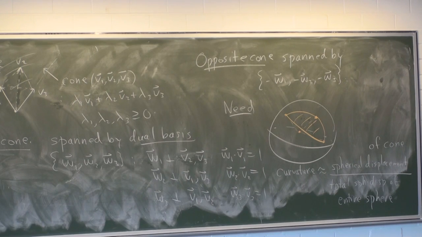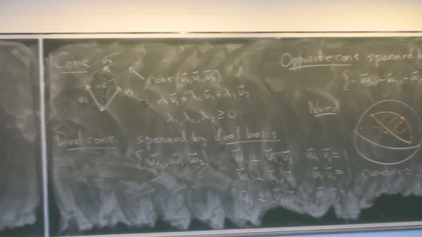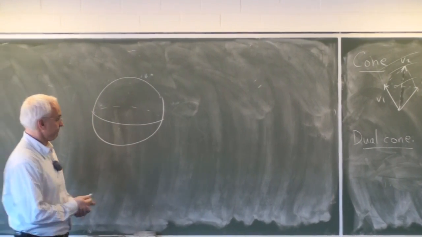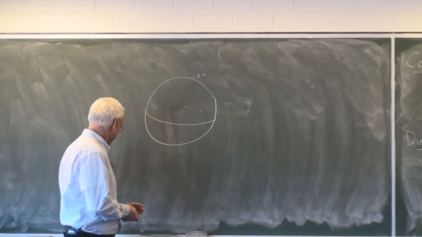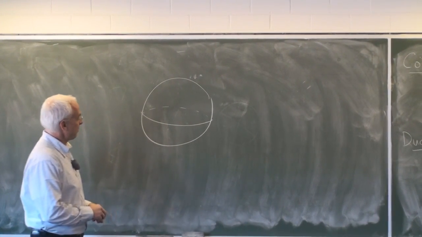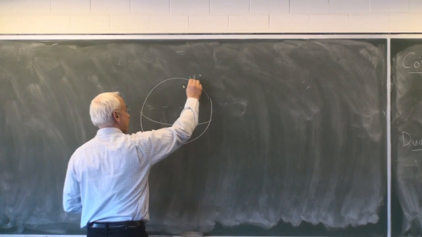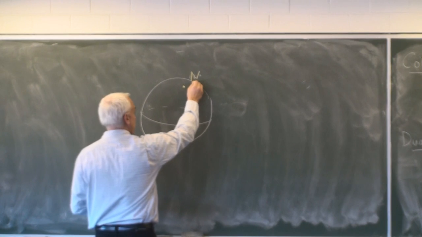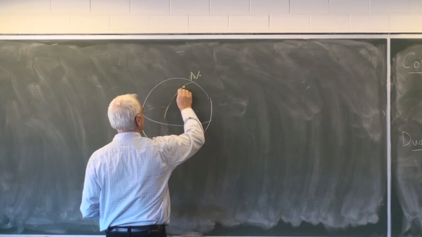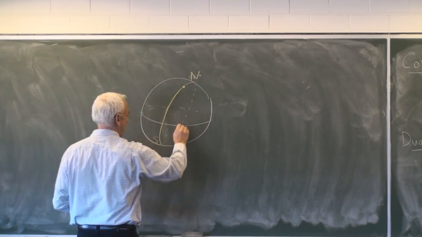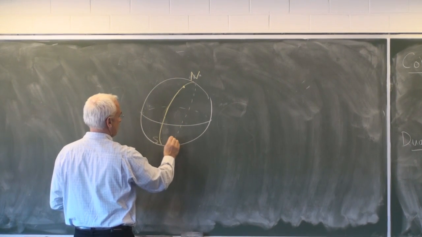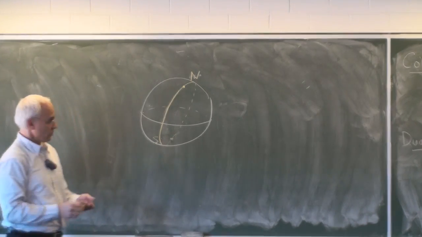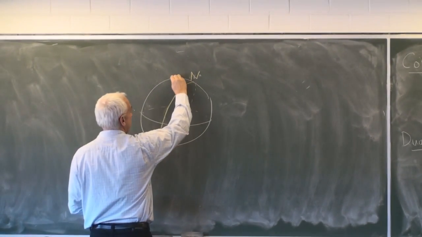Okay, so let's have a look at our sphere. How can we get a theory of sort of areas or displacements on the sphere? Well, I guess the simplest thing to do would be to consider a single rotation. Well, let's take a north pole and a south pole, and we'll consider a great circle. Oh, I guess it should go here, through here. One great circle through the North Pole, and then another great circle. Let's make it like this.